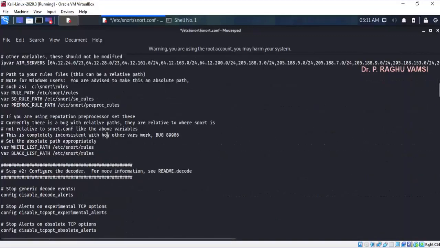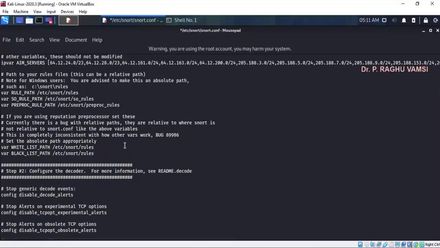Whatever new rule you write, you are supposed to place here. The default rules were placed here, and Snort will also give you the provision of categorizing the rules, that is the whitelisting of the rules and blacklisting of the rules. You can mention the blacklisting rules and whitelisting rules. Here, for both whitelisting and blacklisting, the same folder has been used.